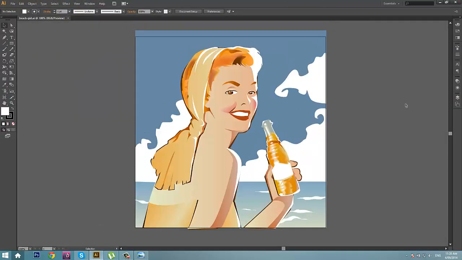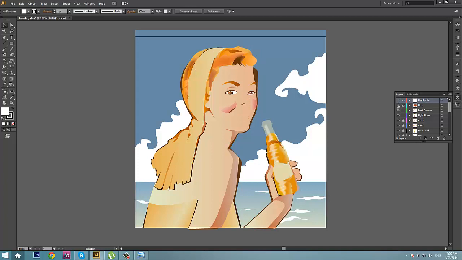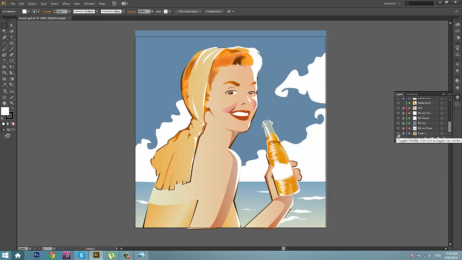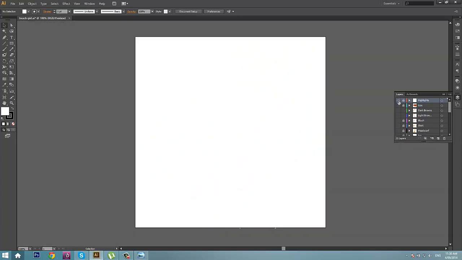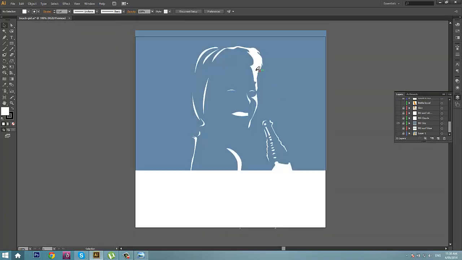Okay, so here's the image in Illustrator, which I've already done. I'll just show you how it's made. It's made up of layers, and each layer kind of works from the top down. Like I've done the highlights first, which you can't see. I'll show you the background. I've done the highlights, which I've basically just traced